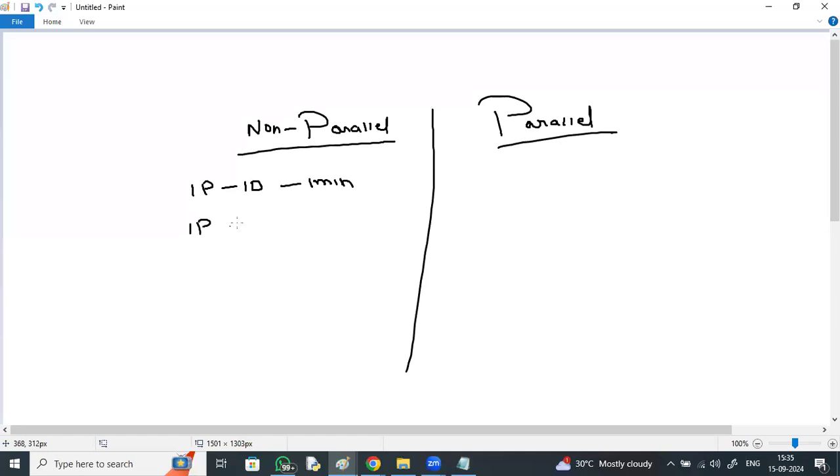The same person preparing 10 items takes 10 minutes, and 100 items takes 100 minutes.